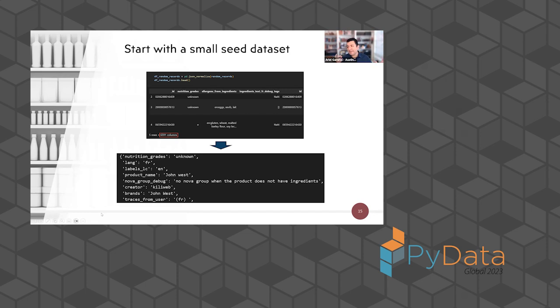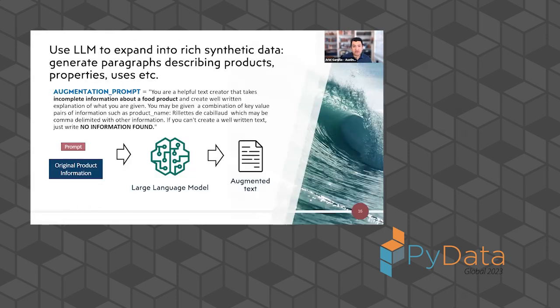So it's all this not really concise and kind of all over the place information that I get. I get this information and then I use another prompt to expand it into rich synthetic data. Again, I generate paragraphs describing the products in a way that has more quality than the original data that we have. And in the prompt that I use, and I'll show it to you in a second, you are